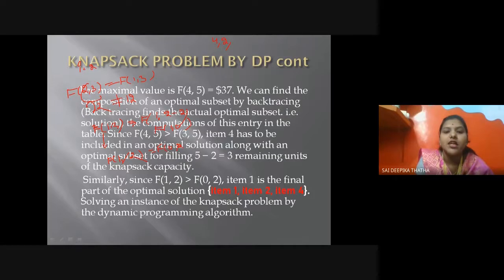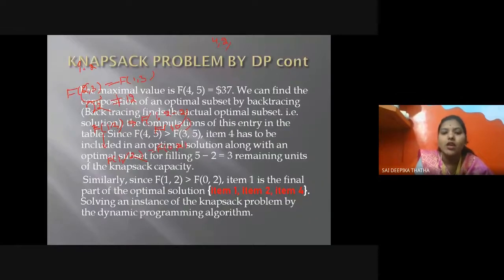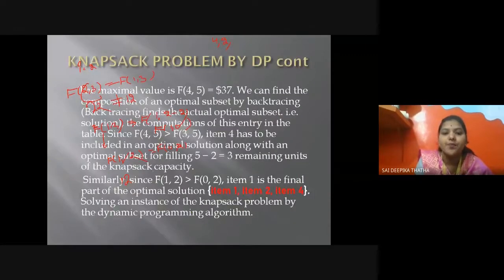Okay, check with this 1 comma 2 and 0 comma 2. 1 comma 2 means what? It is going to be 12. 1 comma 2 is going to be the value. I'm just taking from the table itself. Now 0 comma 2. This is going to be 0 and this is going to be 2, and the corresponding value is going to be what? It is going to be 0. This 12 is equal to this 0.